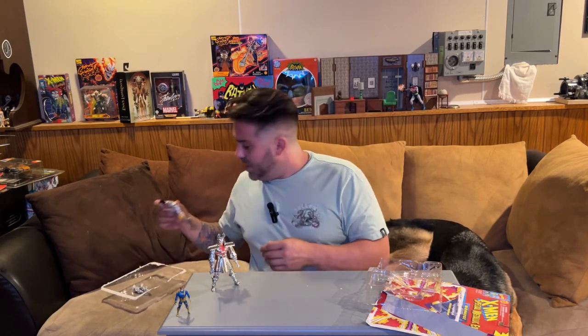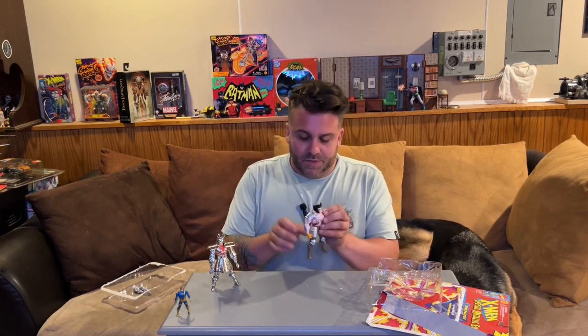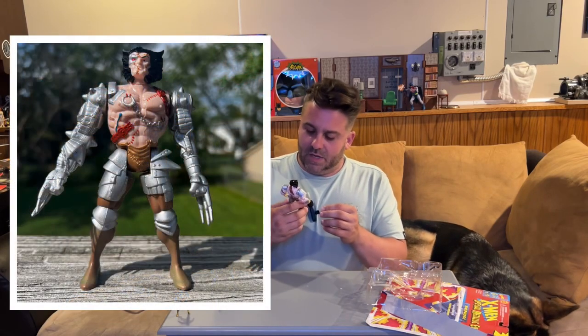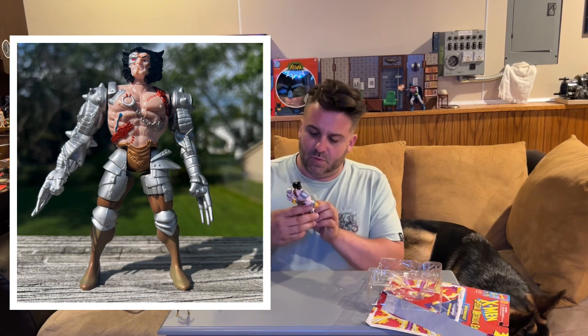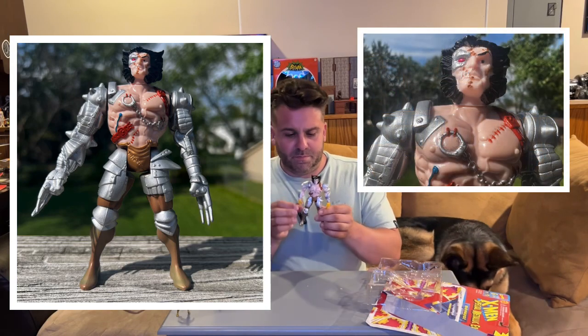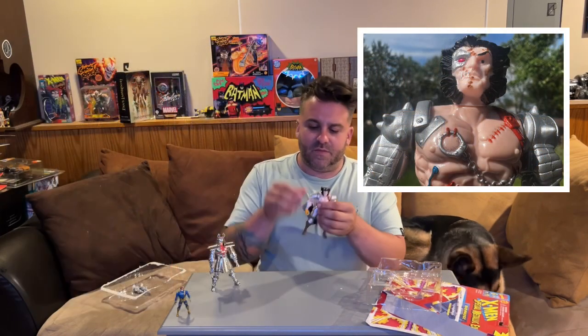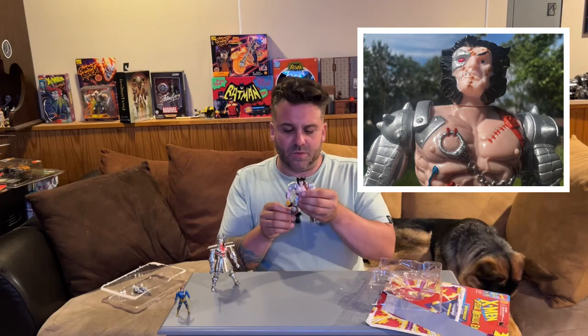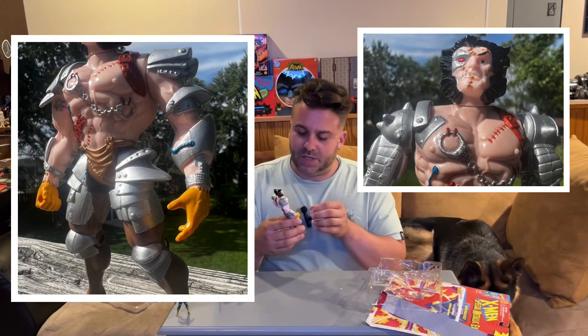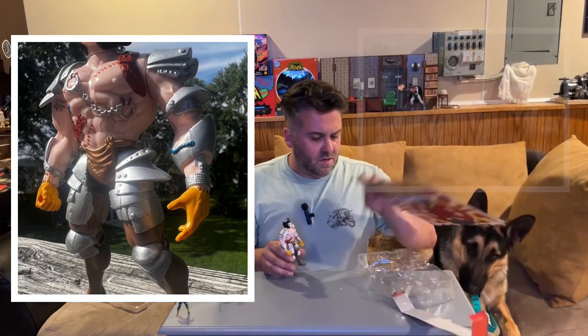Next up, we have Albert. Albert is a very unique representation of Wolverine. He's got what appears to be handcuffs stapled to his chest. He's got various pieces of armor. Part of his cybernetic skull is showing through. There's a whole bunch of little stitches where it looks like he was patched together. And I think...